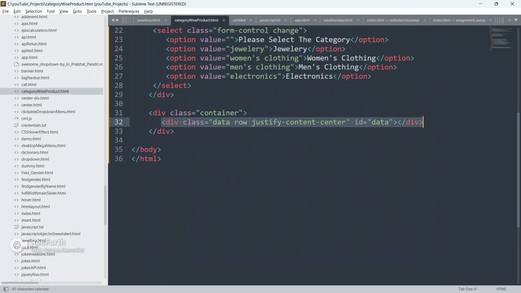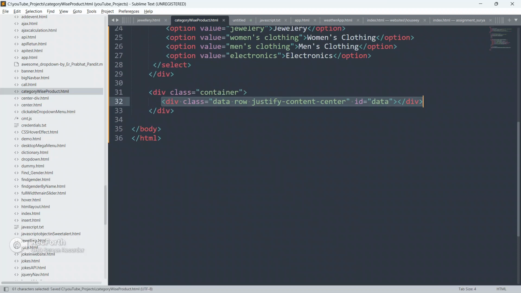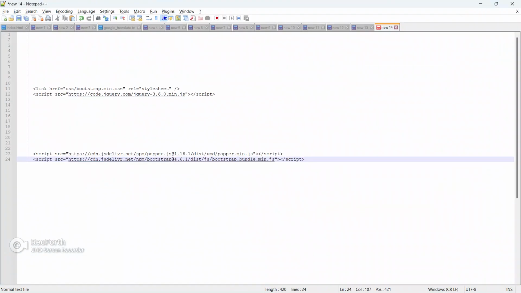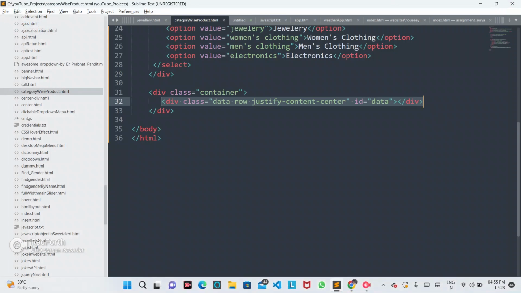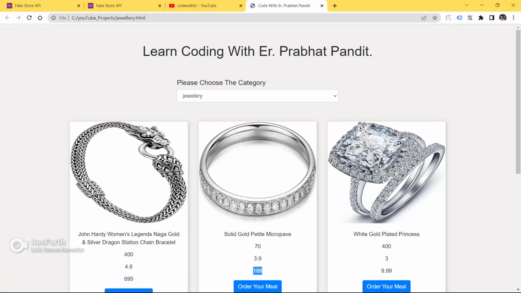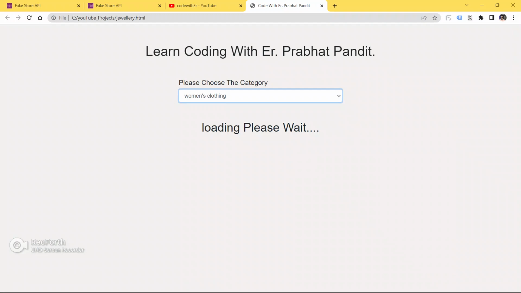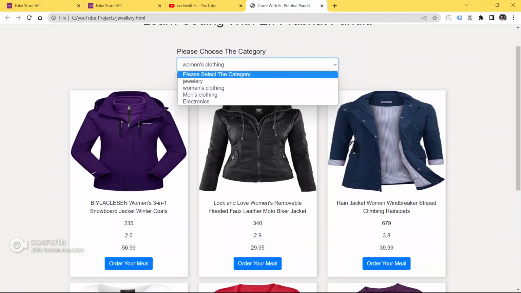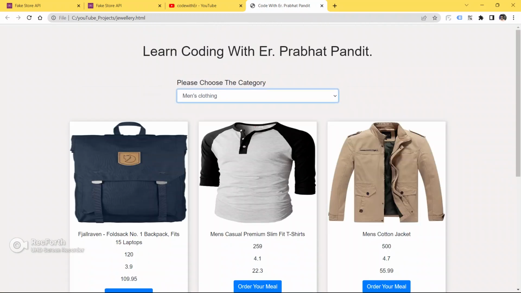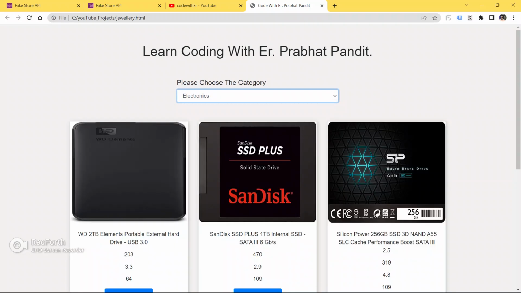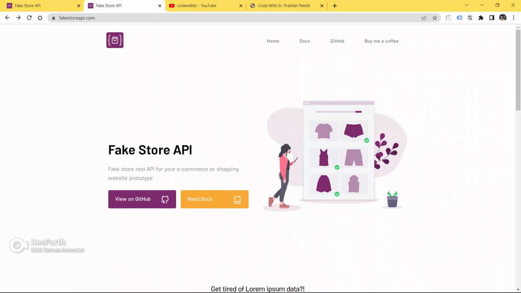Okay, so now let's get started, guys, and write JavaScript for the functionality. Let me show you the functionality I am talking about. So just go to the example. This kind of functionality, we are achieving through JavaScript because we are going to use the JavaScript fetch method to fetch this API.